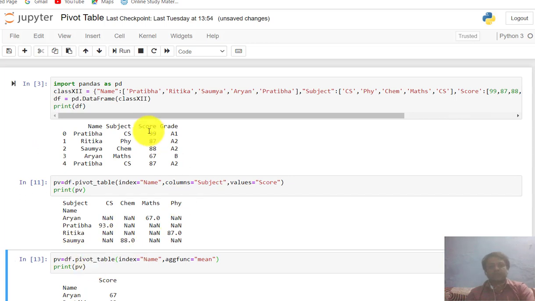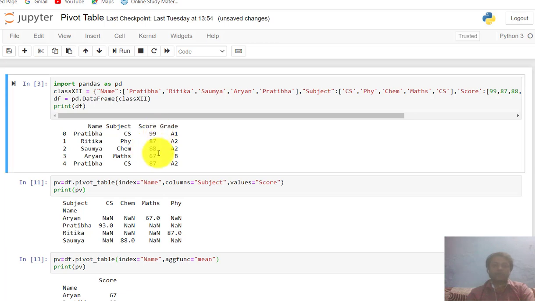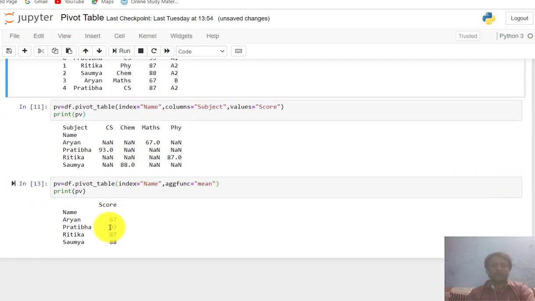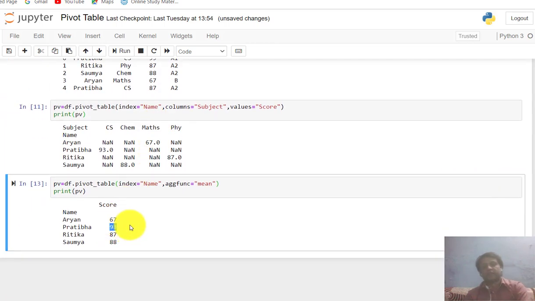The mean is the sum of all observations divided by the number of observations. So it will first add both numbers and then divide by 2. So its mean is 93.